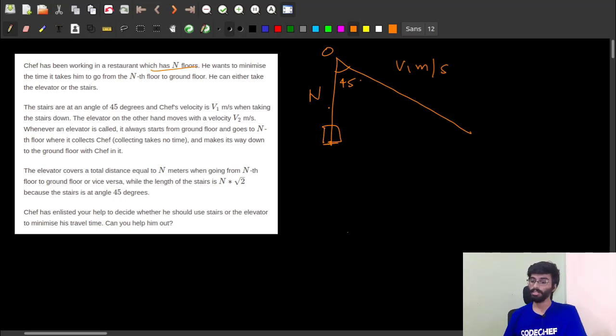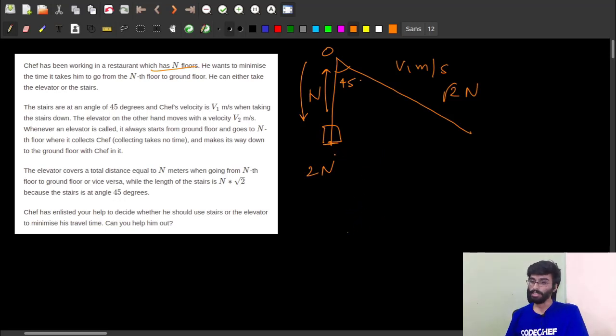If the chef wants to go down via elevator, he first has to call the elevator to the nth floor and then go down with it. So the distance traveled by elevator will be 2 times n and the distance traveled on stairs will be root 2 times n. We have to tell the chef which way is the fastest way to get to the ground floor,